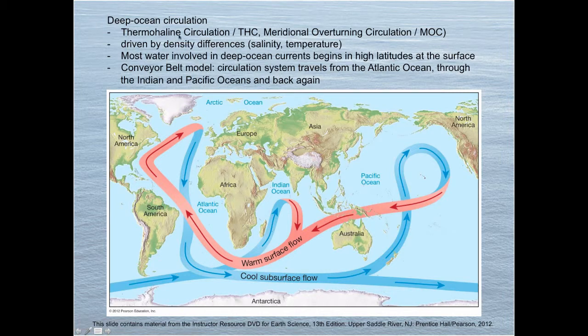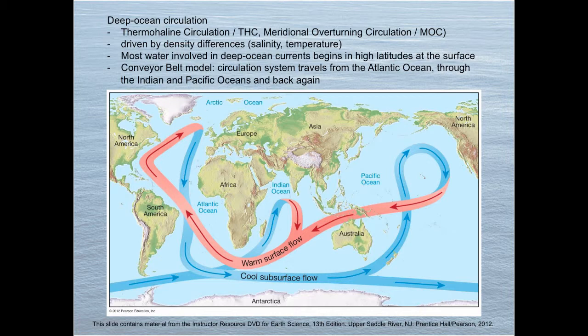This thermohaline circulation, or the THC, another name for it is the meridional overturning circulation, or MOC. Not really important to know those particular details of the names. You just want to understand what it is. And what is thermohaline circulation? Well, it's driven by density differences in water masses, salinity and temperature. Water masses that are heavier, that is denser, will tend to sink relative to water masses that are less dense,